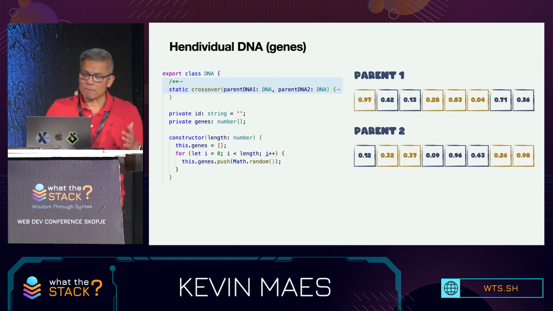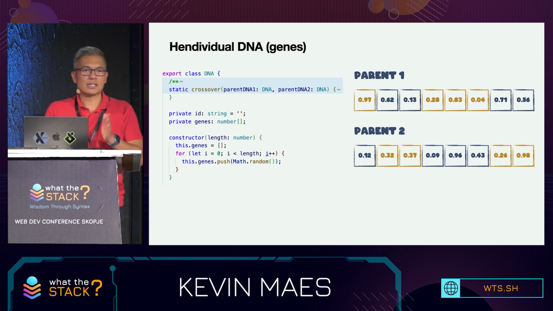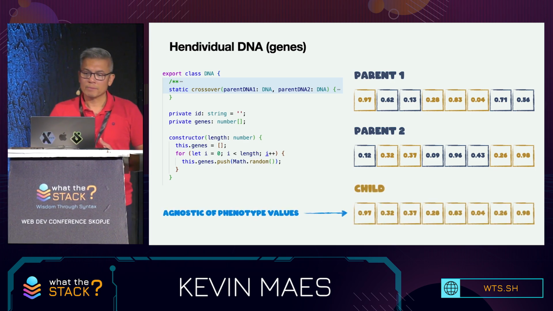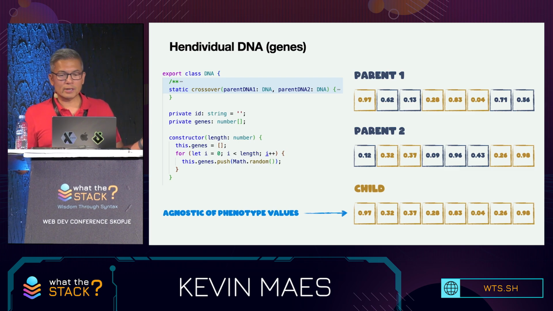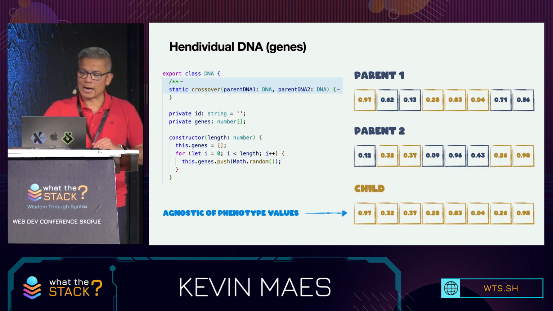And instead of averaging parent values, we can actually go through the DNA one gene at a time and select from one parent to the other. That more closely mimics biology. And we produce a full DNA length for each child, but the genotype is still separate from the actual phenotype values.